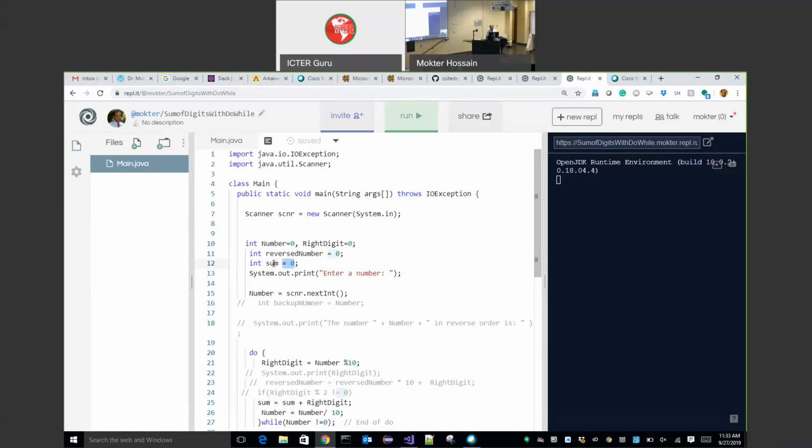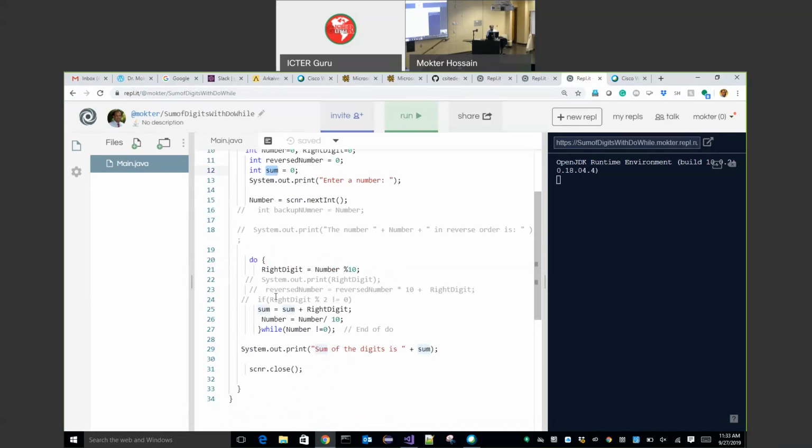Initially sum equals 0, then every time I get my right digit, sum equals sum plus right digit, and my summation will be updated, right? It is a single line we add, then we will be able to find the sum.